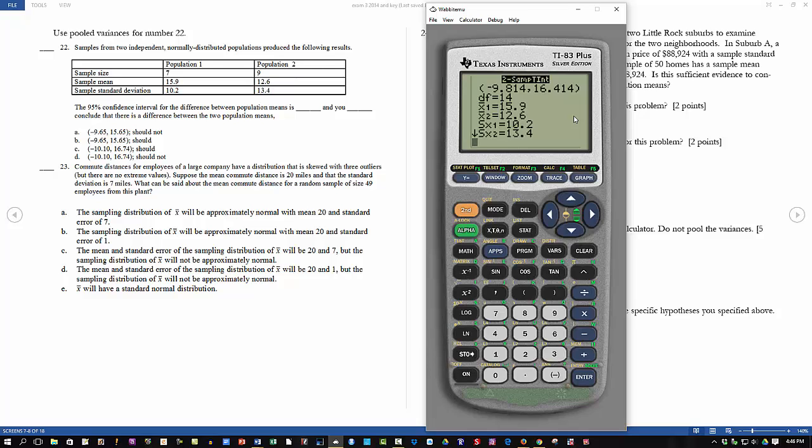And the second part of that is, we should not conclude that there's a difference because the interval includes 0, and if it's 0, then there isn't a difference. We can't conclude there's a difference because there might not be one. It has 0. Okay, and the next one we have